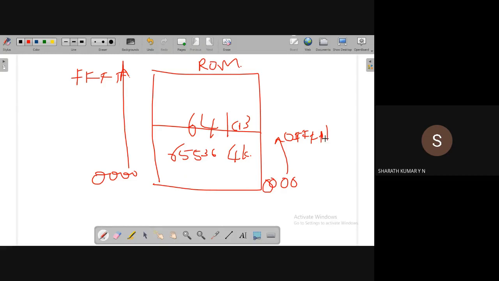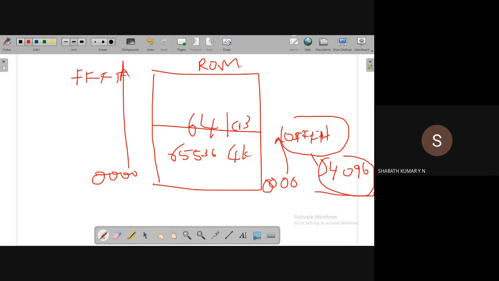If you use a calculator and convert this 0FFF into a decimal value, it comes to 4096. 4096 represents the number of locations.